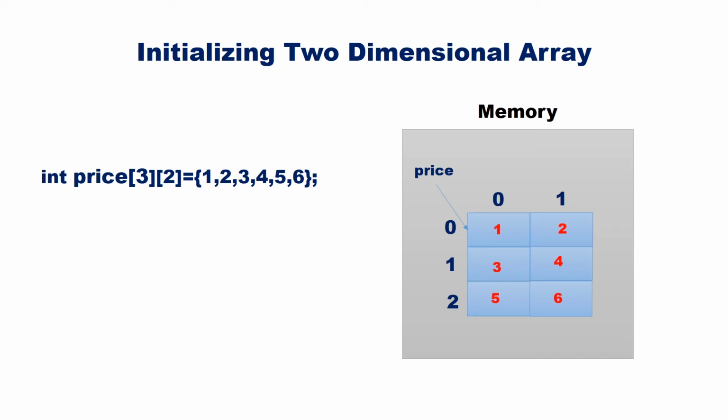But sometimes this method is confusing. Here is a better method for initialization. Here also the elements are initialized in the same way that we have done earlier. But the advantage of this initialization is that we can visualize it properly. This represents row 1, this represents row 2 and this depicts row 3. Here we surround each row with curly braces. We can also initialize the array without explicitly mentioning the row size. However, we cannot omit the column size.